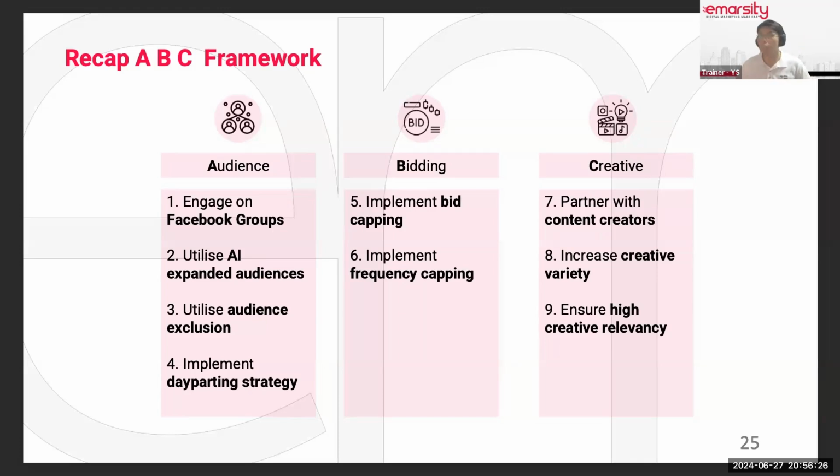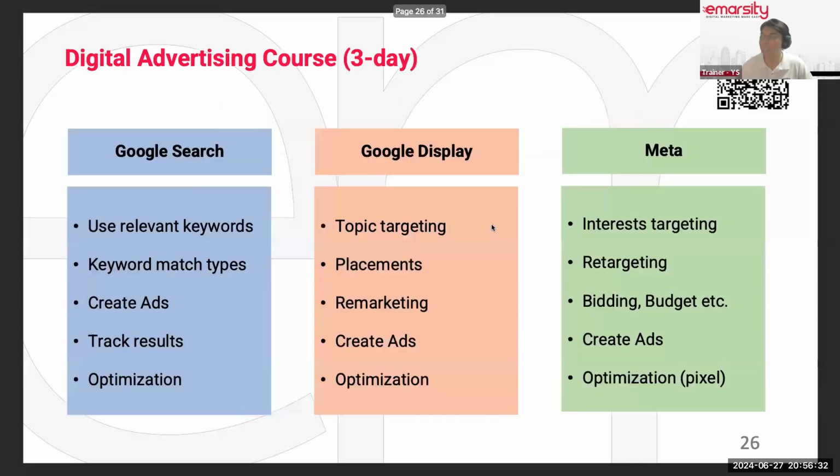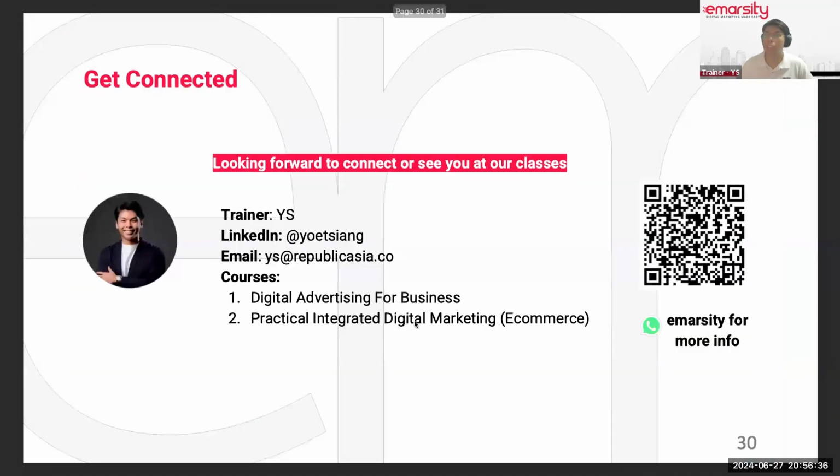One of you asked, will we go through how to run marketplace ads during the course I teach? Marketplace ads basically means Shopee, Lazada ads. Sometimes we see on Facebook ads a product, then we click on the ad, it goes to a Lazada or Shopee page for us to make the purchase. Unfortunately, we won't be teaching that kind of advertising.